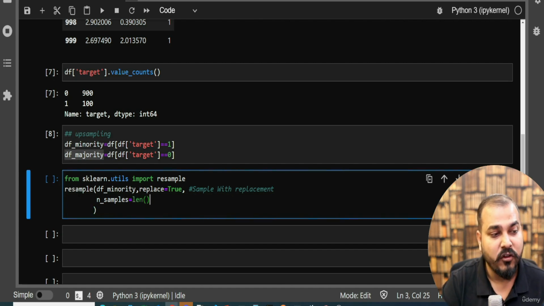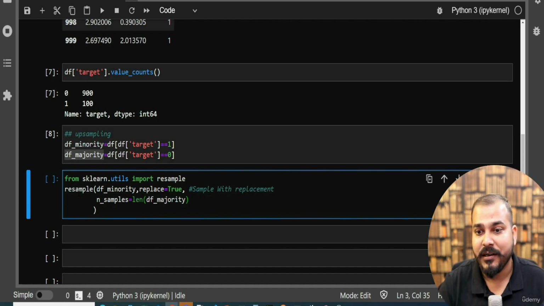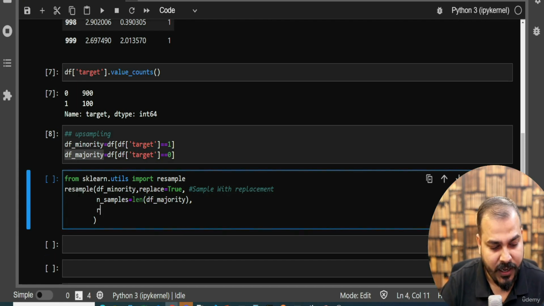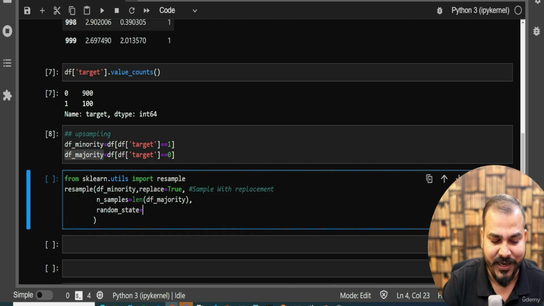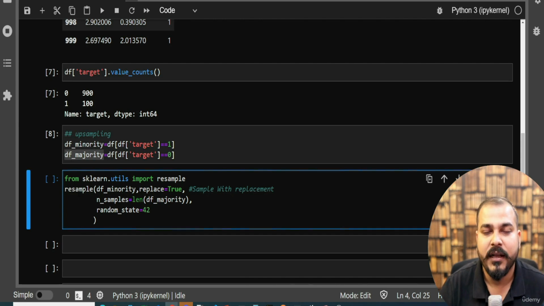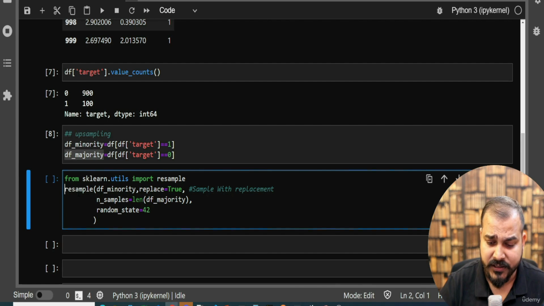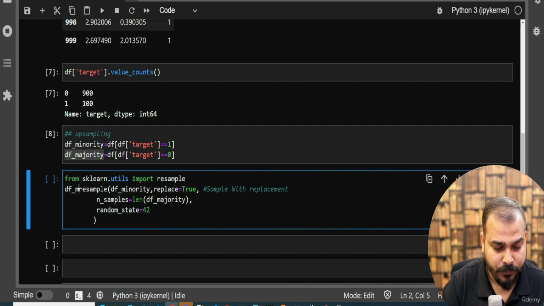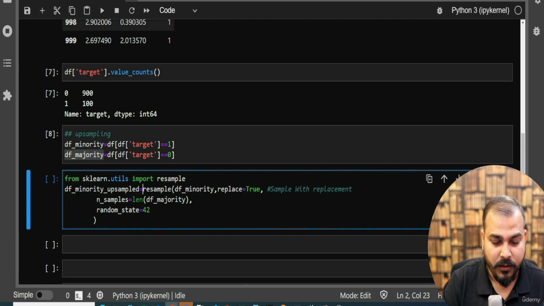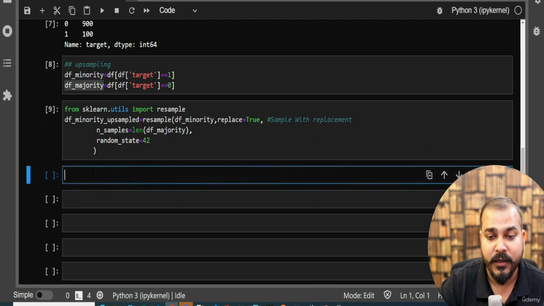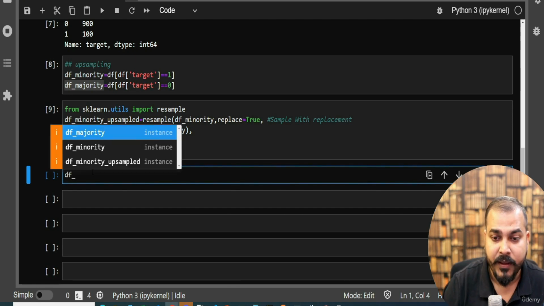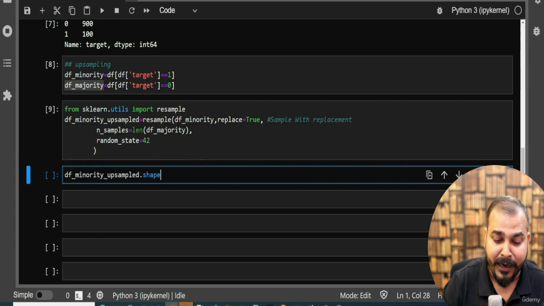And here I will write length of df_majority, because I want to increase that much, 900 data points. So this is the next one. And then I'm going to use random_state, any random state value, so that the seed is fixed over here. And this I will save in df_minority_upsampled. Now you will see that whatever df_minority_upsampled is there, this shape will be 900 data